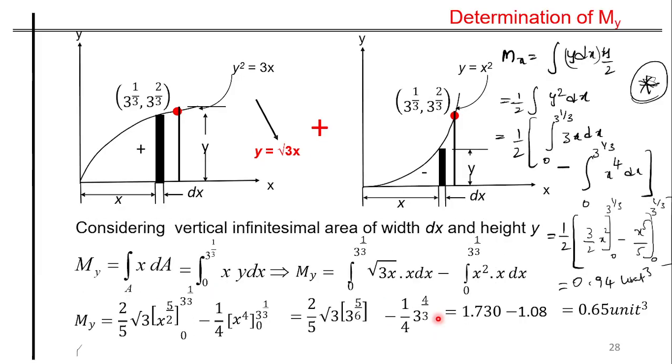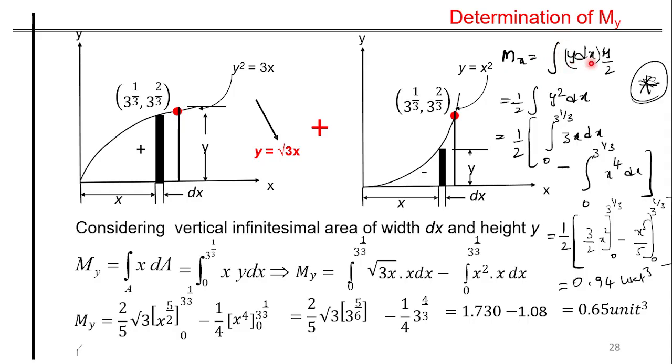Okay. Similarly, finding out the My value. With respect to the y axis, x multiplied with dA over the area. So there are two parts in here. One is the positive value and this one is the negative value. So we are going to apply both of them, and this is what the My is going to be in total. Now using the same strip, if I try to find out the Mx value, that is going to be